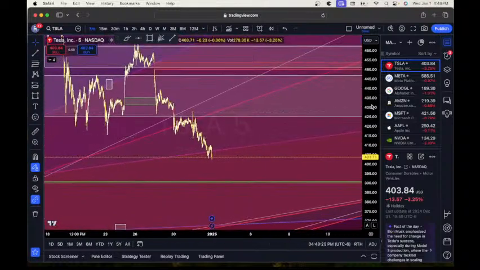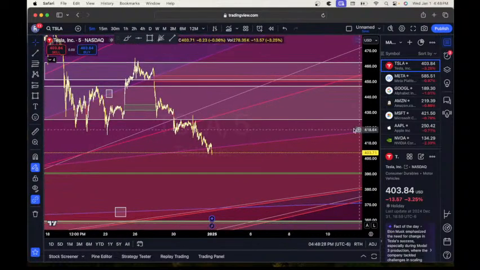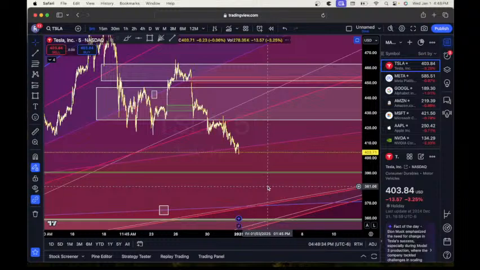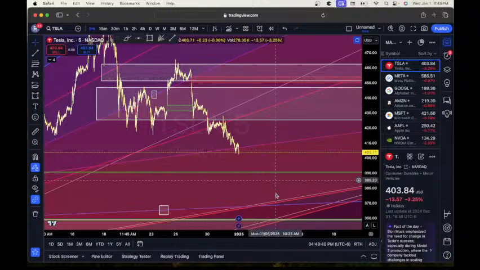So gotta be careful with Tesla. And I don't trade it much. When I do, it normally pays, but that's because you just have to see a clear direction on where it wants to go. Like back up here, you would want to short. Up here, you would want to short. Down here, I wouldn't buy